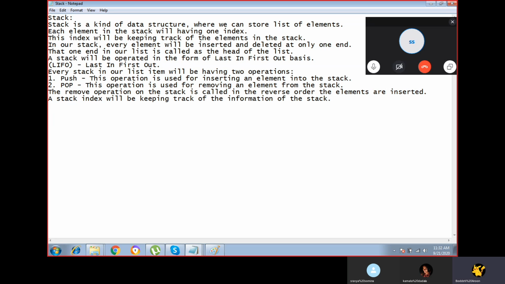And another important point is when the stack is full. Whenever the stack is full of items, we'll say that the stack is overflow.